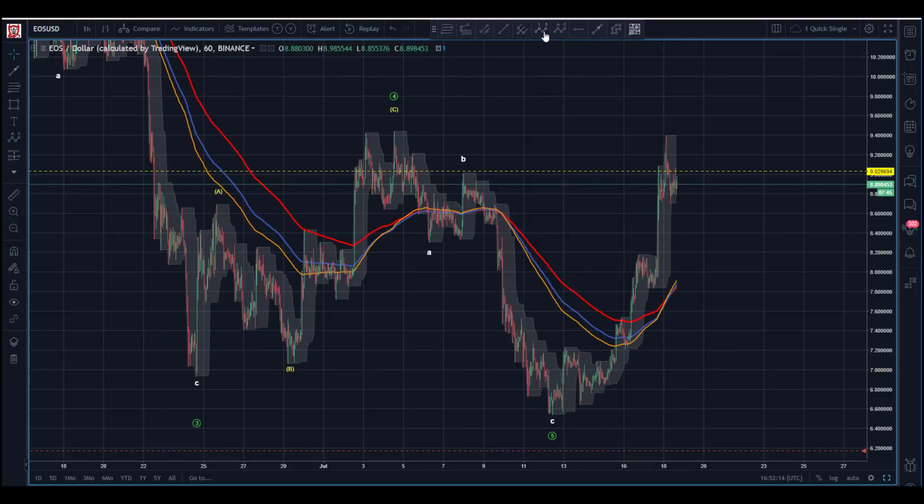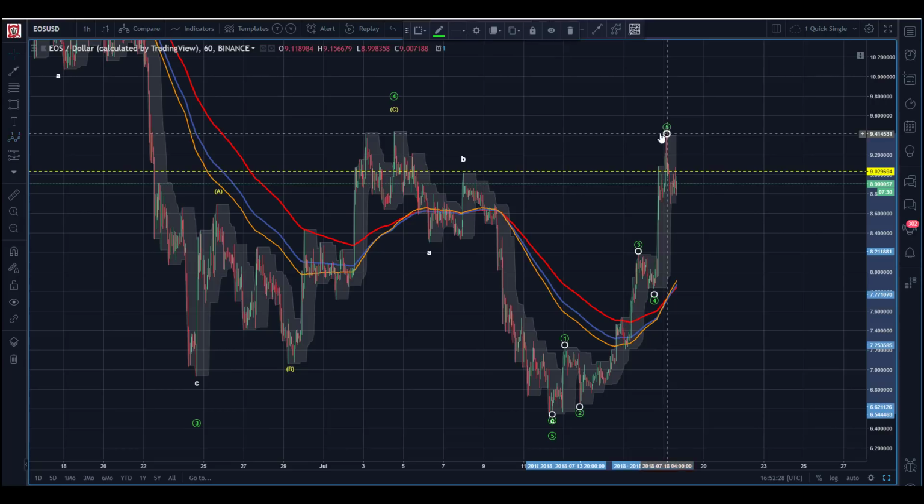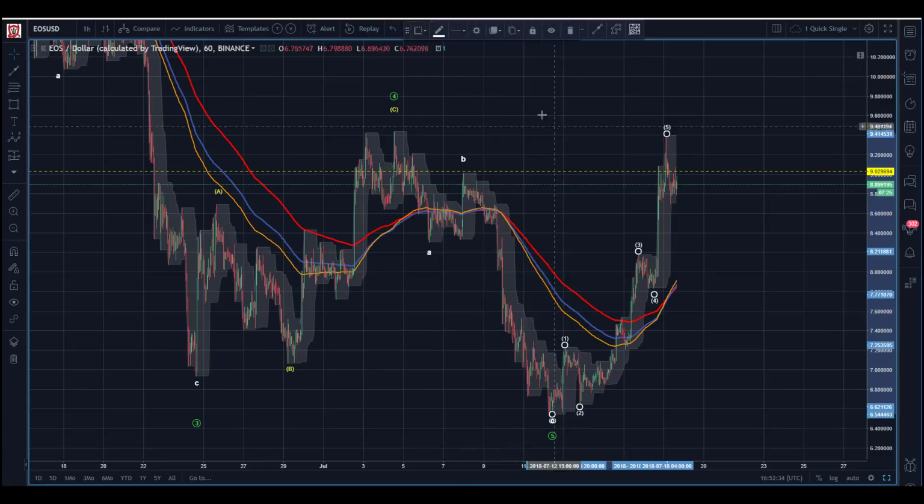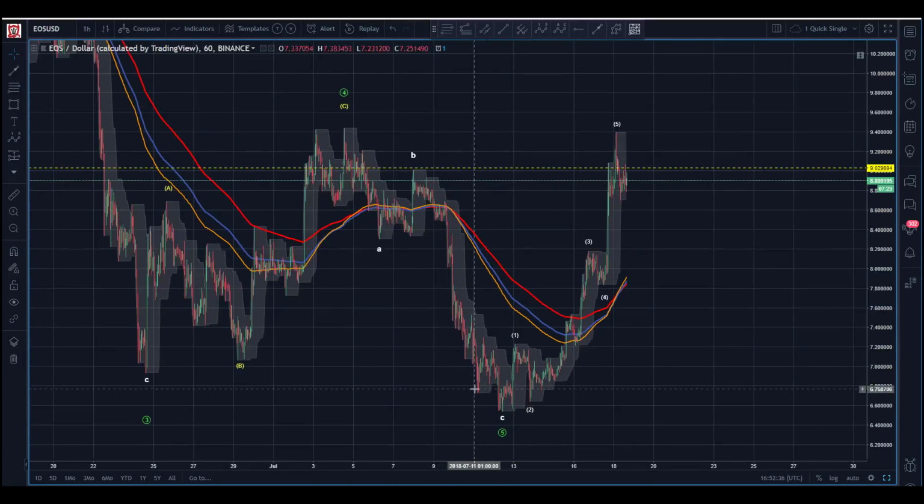So working up now, okay, maybe I do have a low. So I can look here and say, okay, looks like maybe that's some sort of 1, 2. Looks like I might have a 3, 4, and went up for a 5. Let's get that. We'll go to white. We'll go down. It's a submicro. See, maybe that's just getting started. Well, it's not the prettiest looking one, right? But I can make a case here.